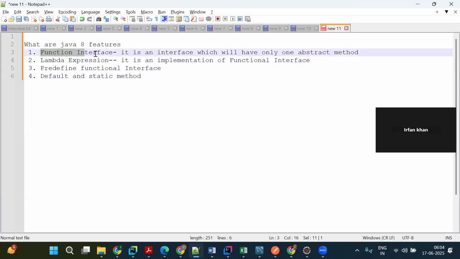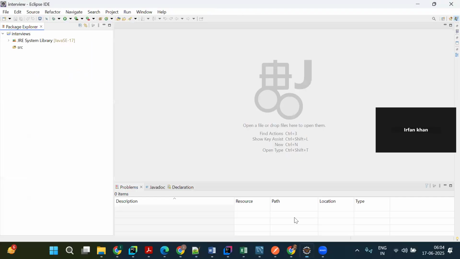What is a functional interface? A functional interface is an interface which has only one abstract method. It cannot have more than one abstract method. Let me show you how we can design it. First of all, I have to create a package under this project. Everything will go under the src, right? So let me create a new package first,